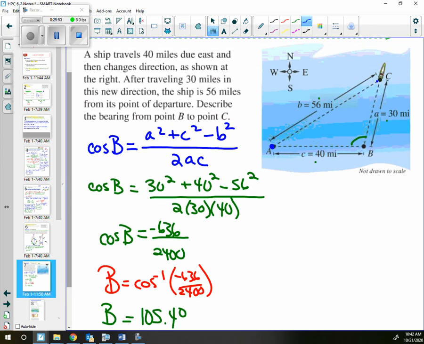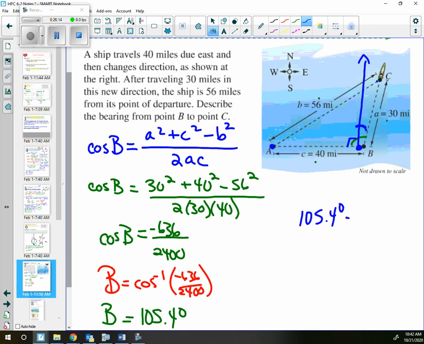Now remember, we're trying to figure out the heading. So if I had gone just straight north from this point B, that would have been a heading of due north, but I know I went past that. So this 90 degrees would be straight north. I'm trying to figure out how much further we went to the east. So we know the entire angle B is